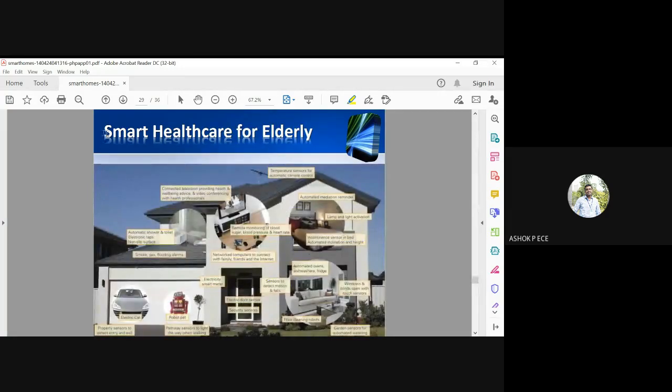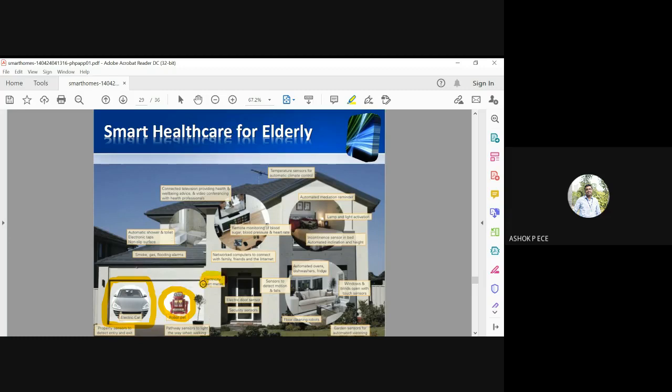So see here, smart healthcare for the elderly people. First one, electric car you have for property, sensors detect entry and exit. You can fit sensors to check whether you are an authorized person to enter and exit the house. Then a robot pet, a robot which will assist you in day-to-day activity. Pathway sensors will light the way when walking. When you walk, the LED sensors will automatically go on. Otherwise, they will be off.